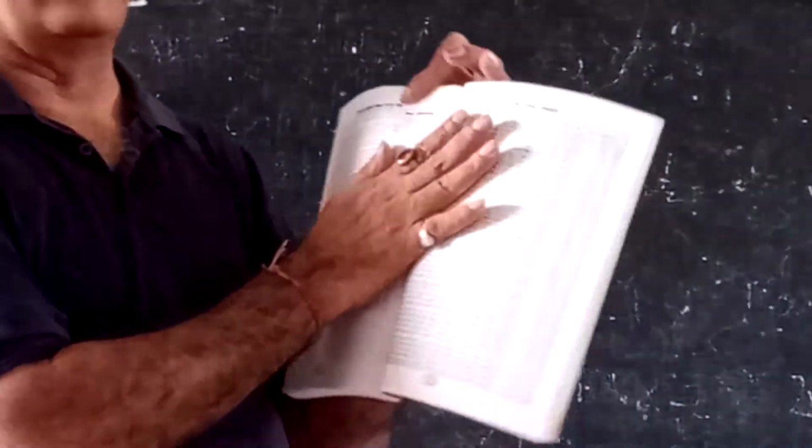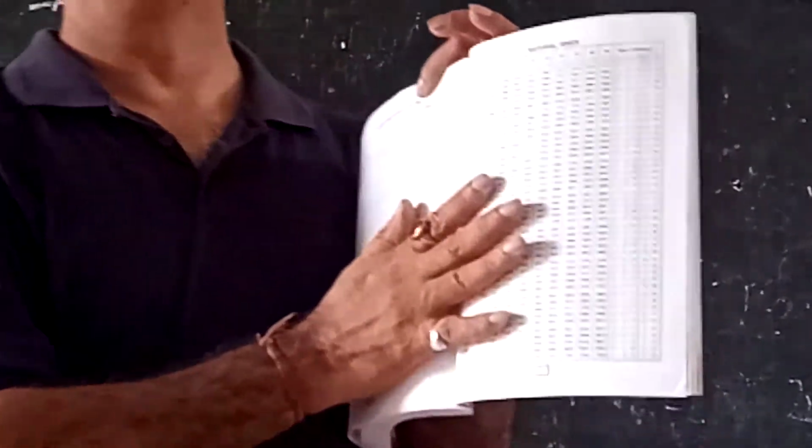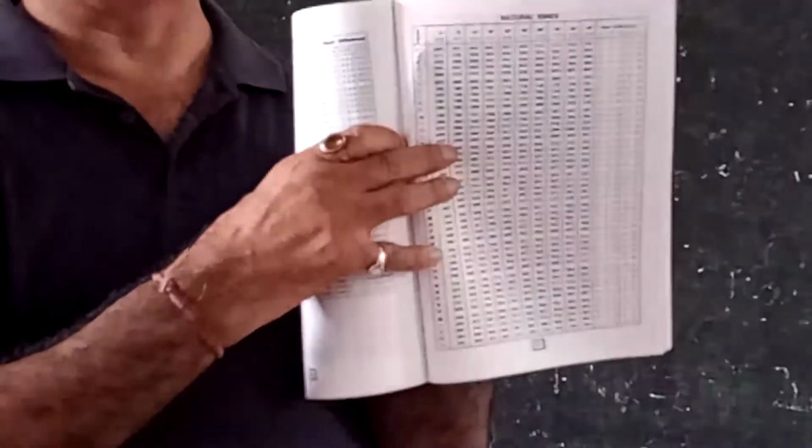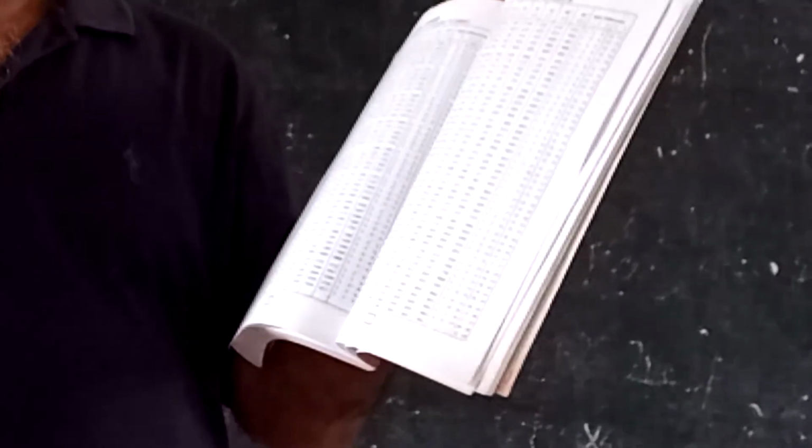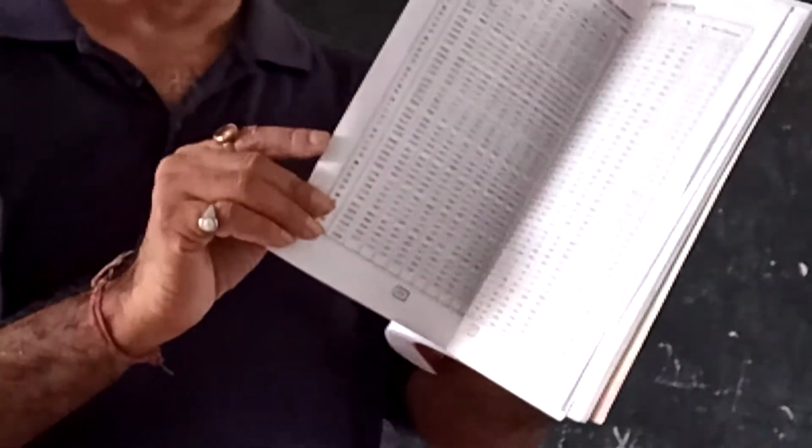Then the table gives natural sine. Now suppose you see here, very important. Natural sine, natural cosine, natural tangent is given. So only 3 are the fundamental: sine, cos and tan. So that's why given. And the other cosec, sec and cot are the reverse of these. Means cosec is the reverse of sine, sec is the reverse of cos, and cot is the reverse of tan.